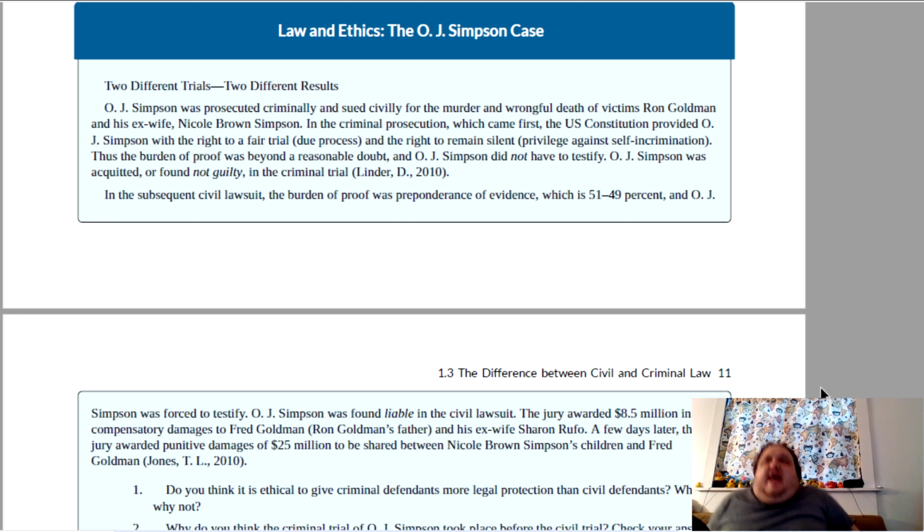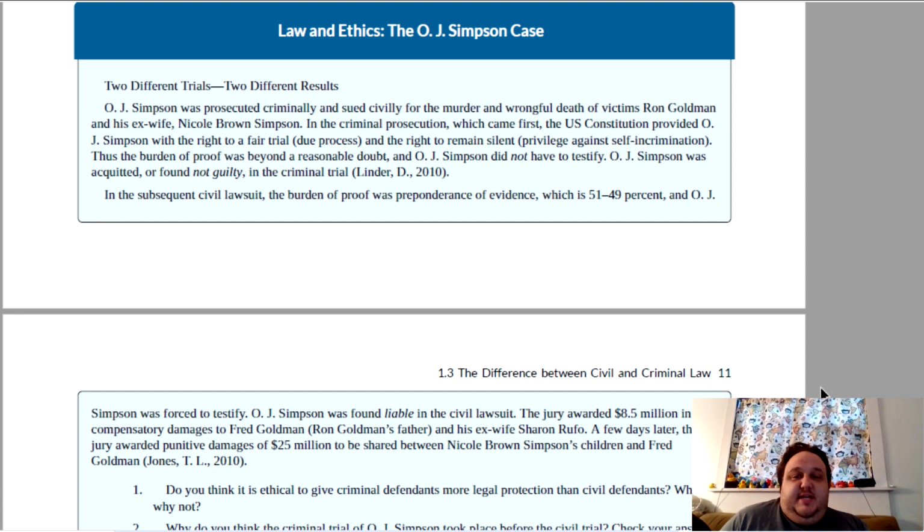Because of the differences in how those laws and those cases are approached, in the criminal case for O.J. Simpson, he did not have to testify, and therefore he was acquitted. So he got away with murder at the criminal law level, because there was not a sufficient amount of evidence without testimony from him, and so he got away. However,